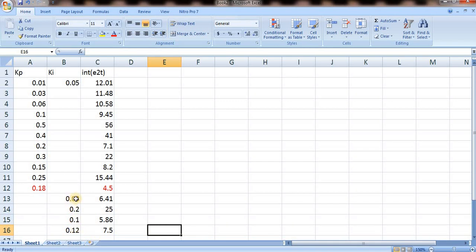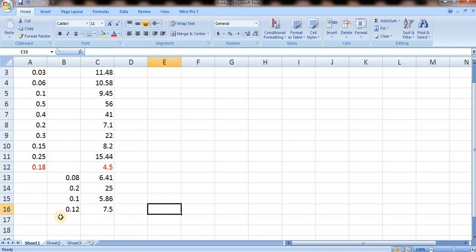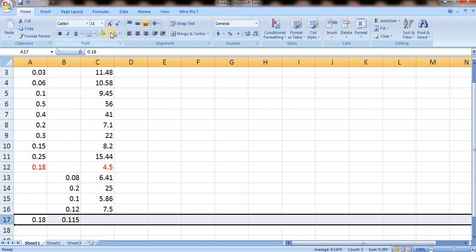Maybe 0.09 or maybe 0.11, a combination. So 0.11 or 0.1102, or maybe many combinations are there. Let us assume a particular value like 0.115, and if it is a sufficient value, then you have to fix your ki as a constant. I mean this combination is now better.